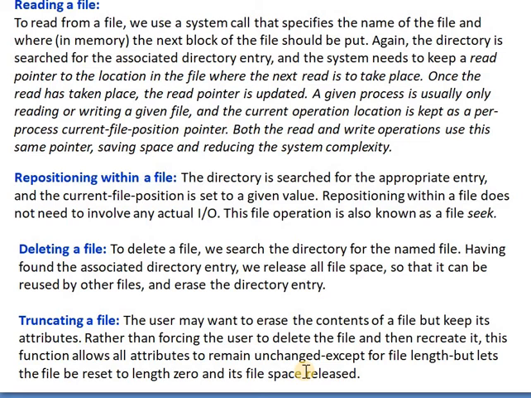The file length attribute is changed, because we know each and every file has a different size. So whenever we truncate a particular file from the operating system, at that time we are erasing the contents of the file, but the attributes remain present. These are certain operations that are performed on an operating system.